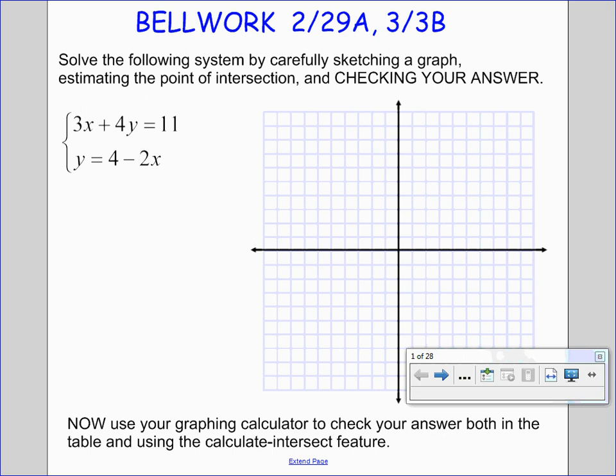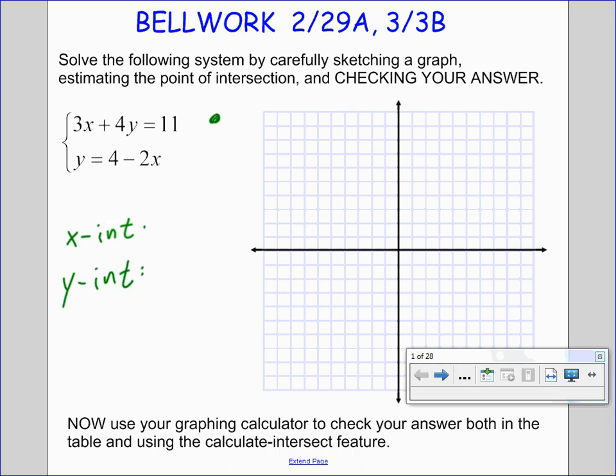So for that first equation, 3x plus 4y equals 11, which form was that? Which form was that? Blake? That's in standard form. Good. And so in standard form, we can make a quick graph by finding x and y intercepts. And so for this first one in standard form, I'll go ahead and find my x-intercept and y-intercept, and then make a quick sketch